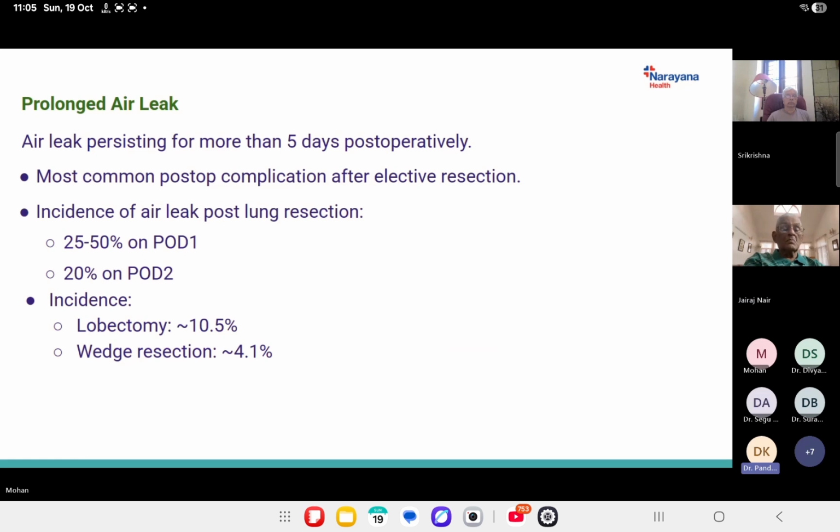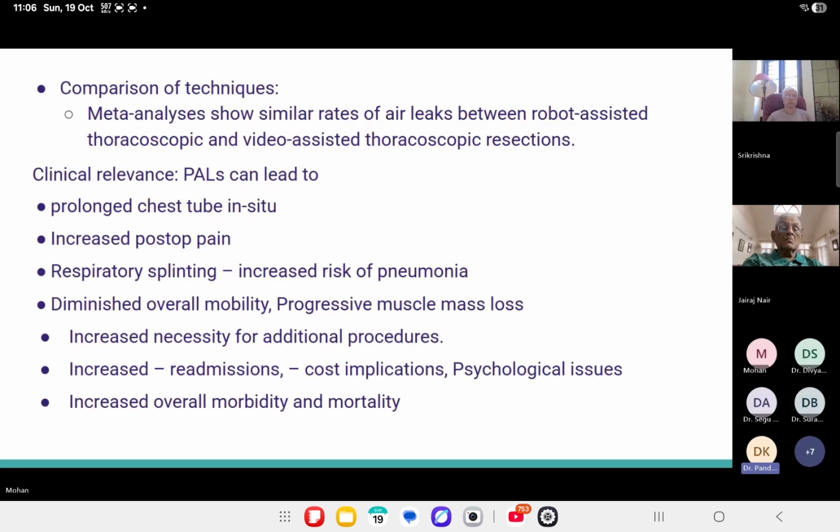Incidence of air leak post-lung resection is around 25 to 50% on POD1, whereas it reduces to 20% on POD2. At last, prolonged air leak incidence after a lobectomy can be around 10.5%, and a wedge resection can be around 4.1%. So comparison of techniques, even in minimally invasive versus robotic, it shows a similar rate of